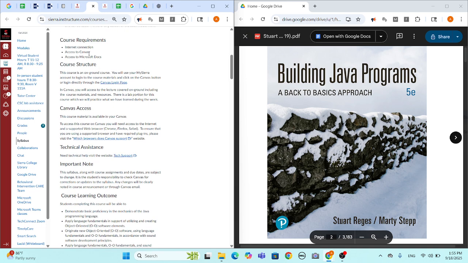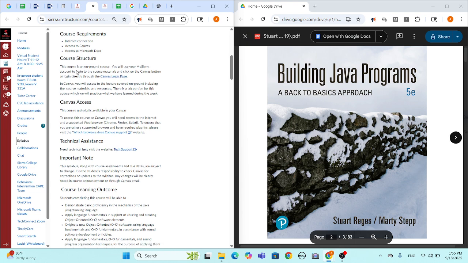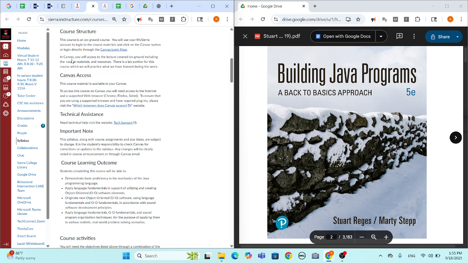Okay. Course requirements: internet connection, access to Canvas, access to Microsoft Docs. Course structure: this is an on-ground course. You will use your MySierra account to log in to the course materials and click on the Canvas button, or log in directly through the Canvas login page. In Canvas, you will access